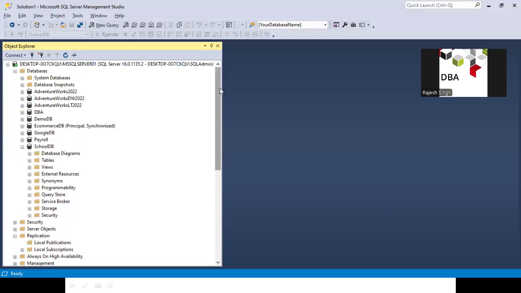Let's suppose we have a production server and we have a load balancer, because if multiple people try to read data from production, they will get some latency, or they will get some performance impact.